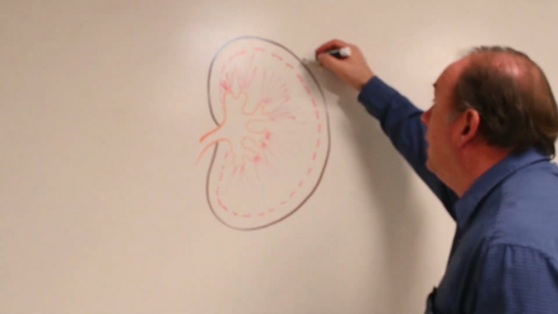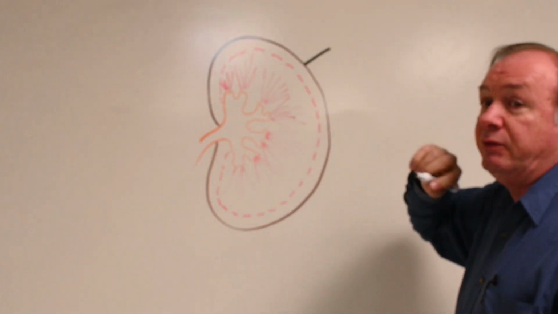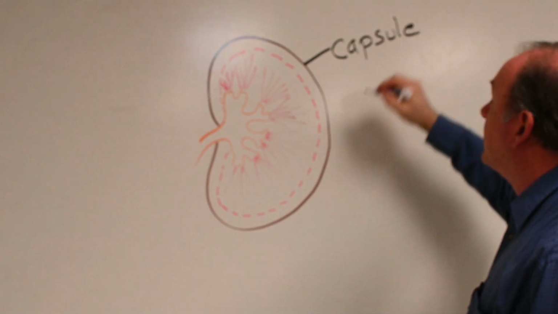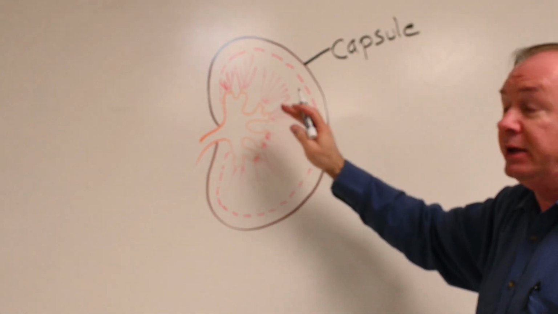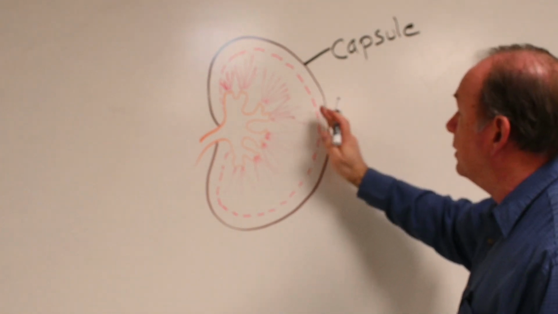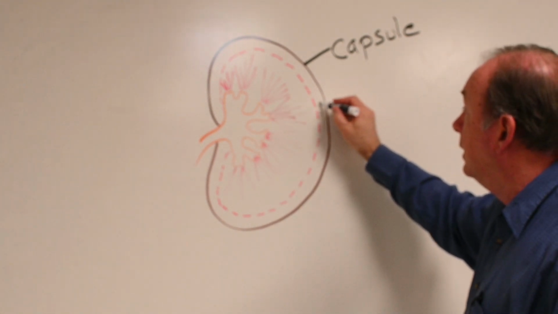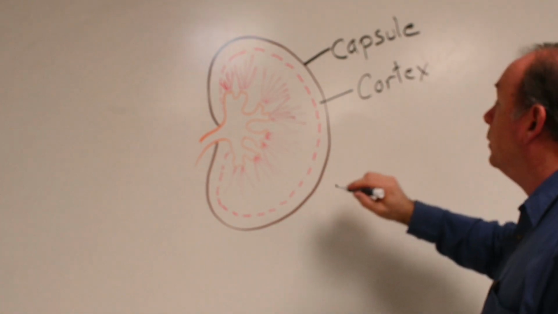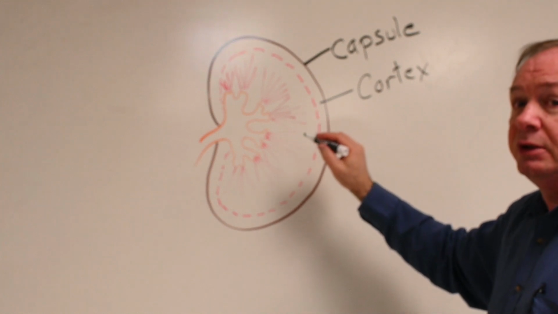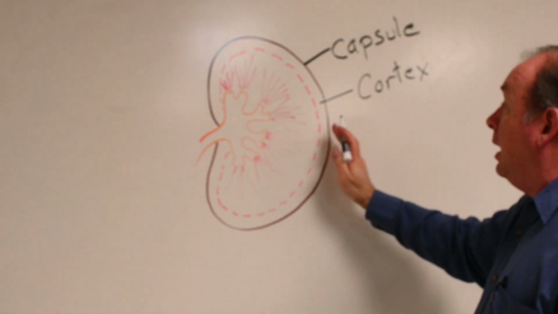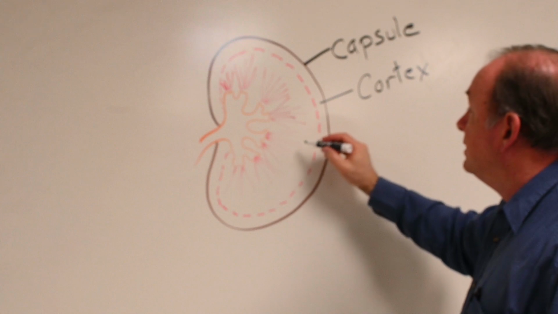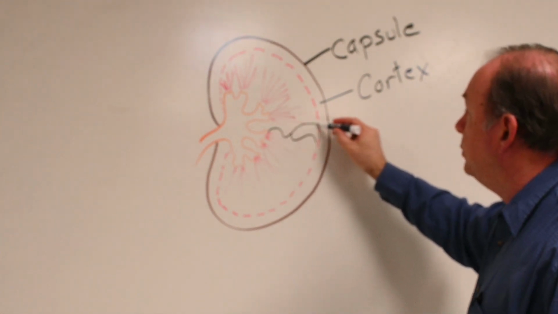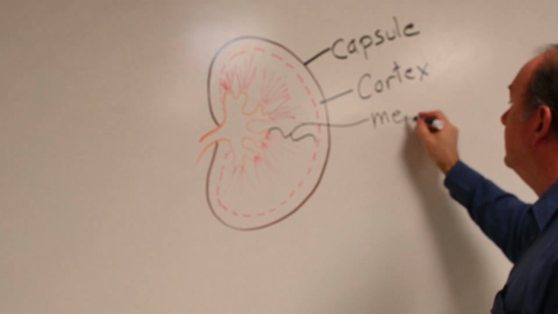First of all, on the very outside, there's a connective tissue capsule on the outside of the kidney. So the outer capsule. Beneath the capsule, there's a zone of tissue that looks a little bit different than the next zone in. This is called the cortex. We'll talk more about the details of structures in the cortex in a minute. The next zone in here, I can put a little bracket on so you can see its distribution a little better. This is the medulla